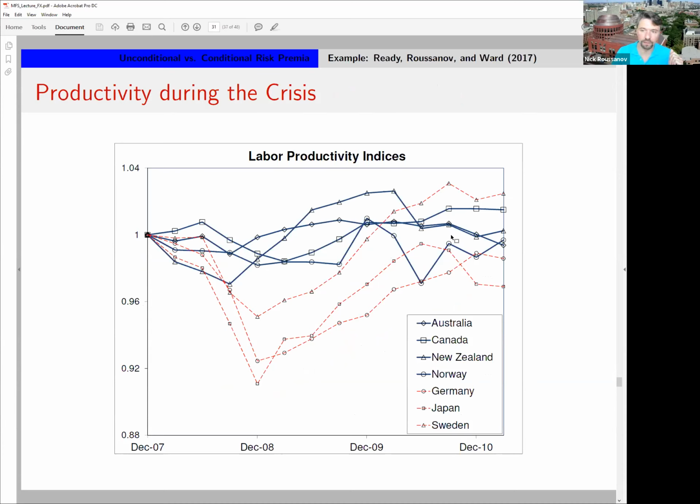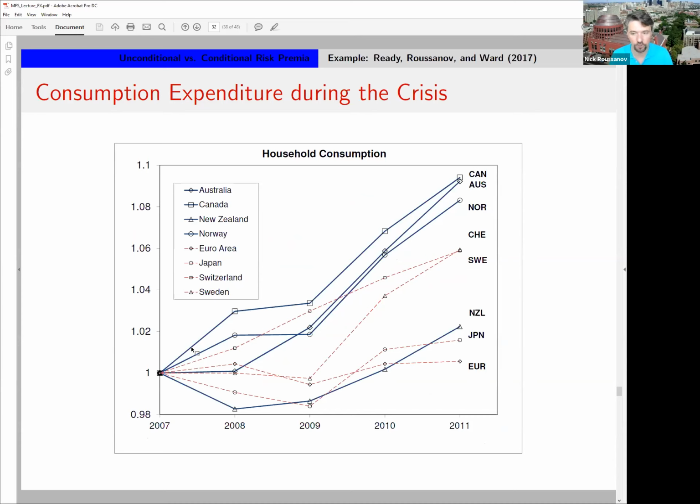In fact, if we go to the Balassa-Samuelson effect, then the commodity countries, but even their consumption, even though consumption, of course, is very smooth generally, and it's hard to see much consumption risk at high frequency, you see that over the course of the Great Recession and recovery from the Great Recession, the commodity countries overall, except for New Zealand, didn't really suffer a decline in consumption, and their consumption for the most part grew, whereas it's the final good manufacturing developed economies that suffered the biggest declines in consumption and recovered most weakly.